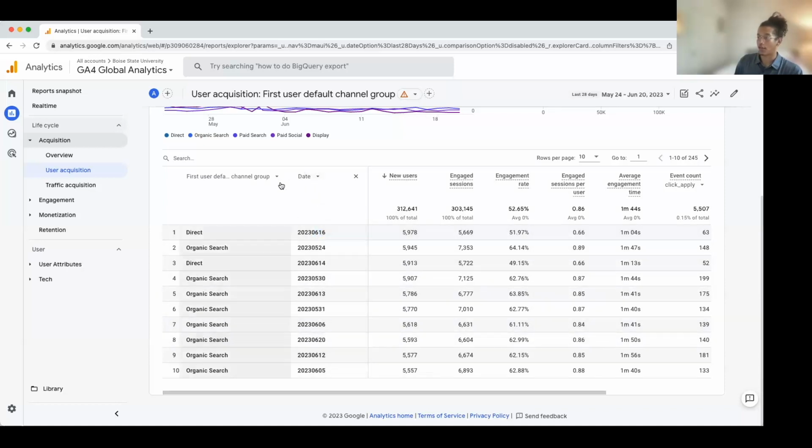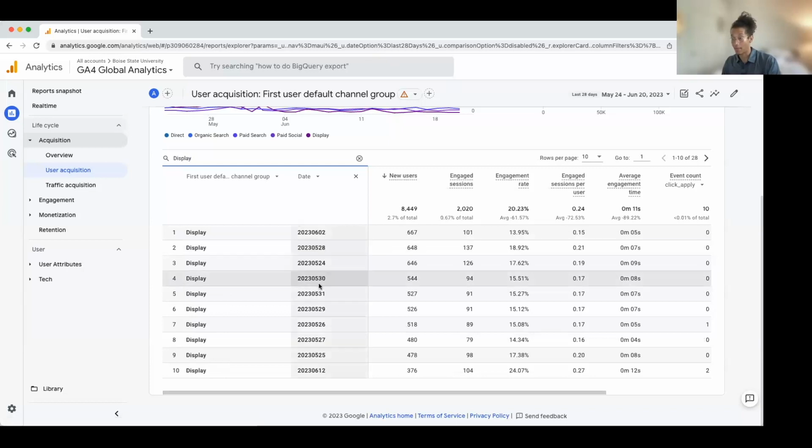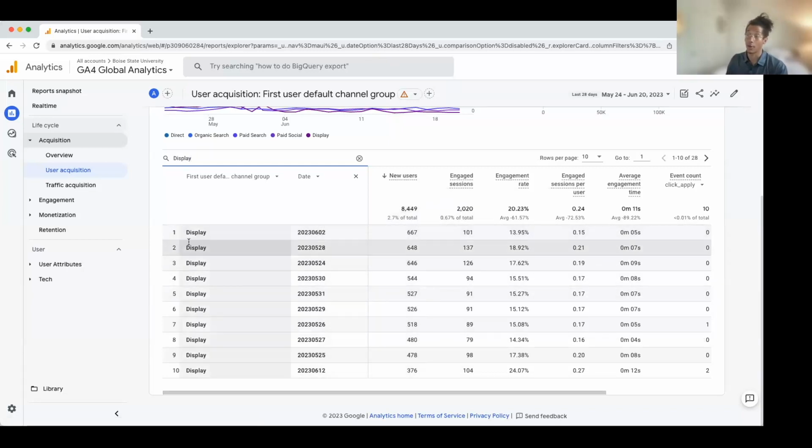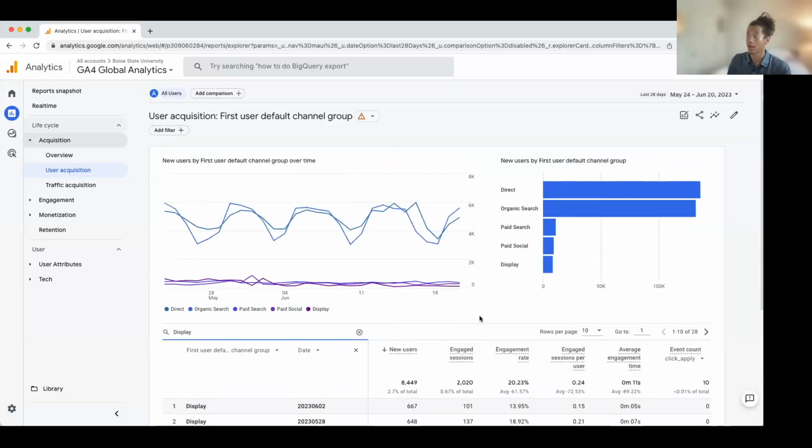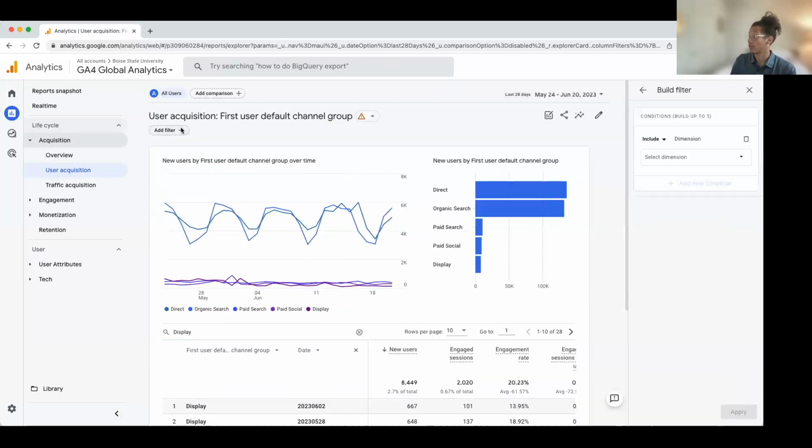There's a lot of options we can do. If we want to look at just display, we can even search up here for that. And it'll show us which dates had the most users coming in from display. Something else we can do is add a filter to this page.